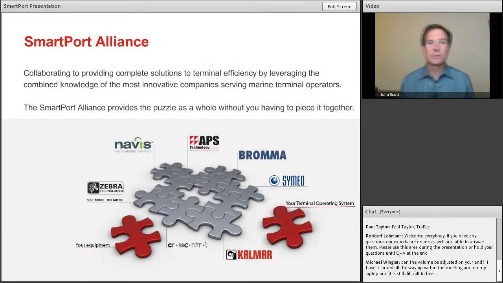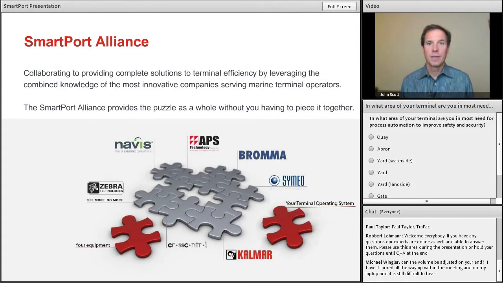As we go through these solutions today, you'll hear discussion of OCR, optical character recognition, and our partner for that is APS Technology. We'll also talk about RFID, and our partner for RFID is Zebra. The tracking technology we talk about is largely provided by Simeo, and one of the benefits of the SmartPort solution is the